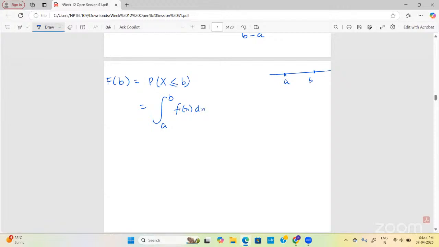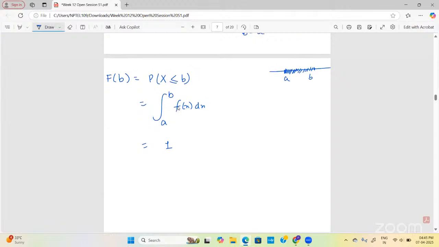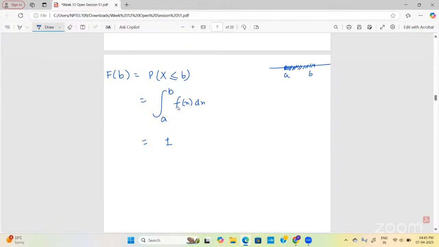Now you can see that this is the property of PDF. We are integrating the PDF over the entire range, right? From a to b, then it should be equal to 1 only. Which means we are accumulating all these probabilities, right? That should be equal to 1 according to the property of PDF, right? And if you want to find the CDF at any point which is